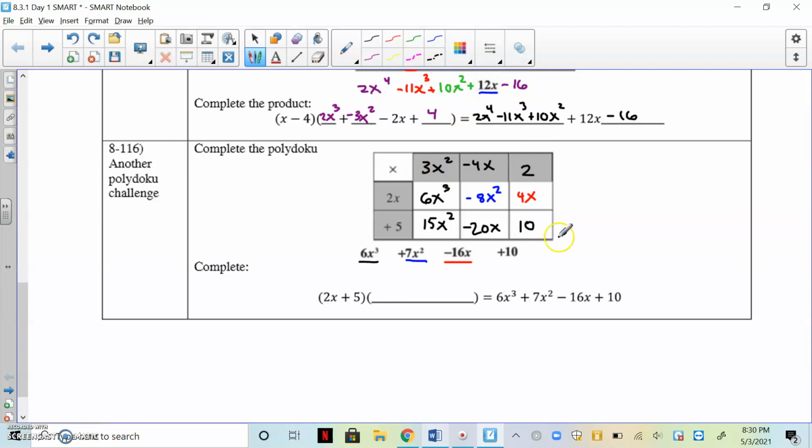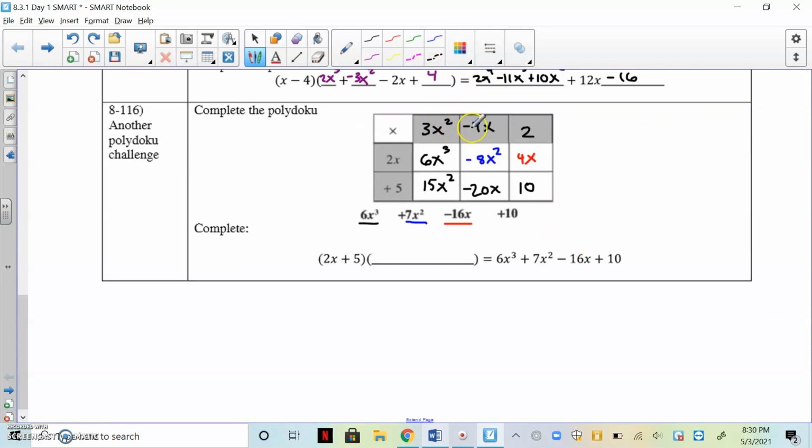All right, and that is pretty much it. Now we've solved the division problem. We know that 2x plus 5 times this stuff, 3x squared minus 4x plus 2, would equal this big polynomial. All right, okay, so now let's do one more of these